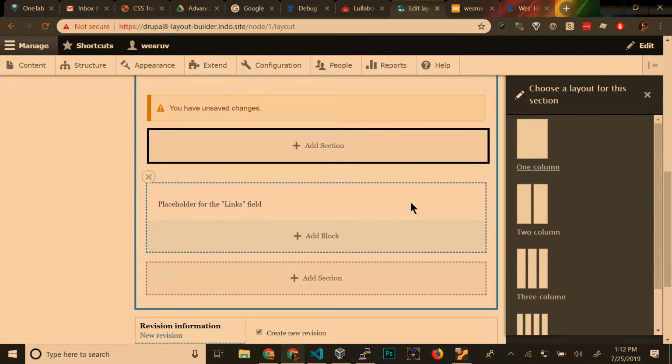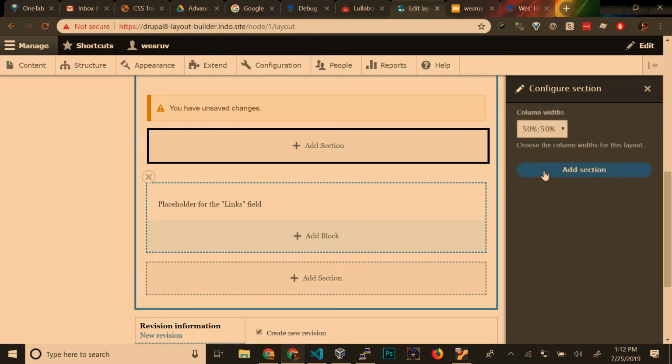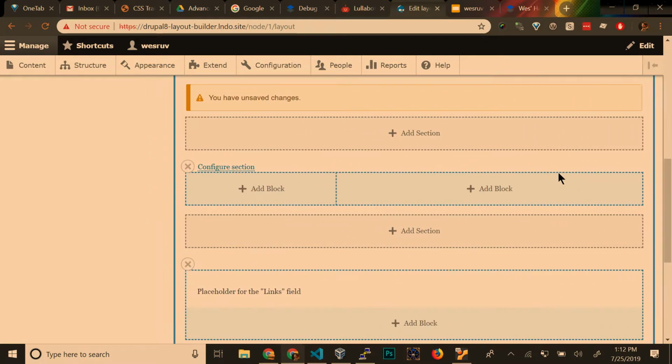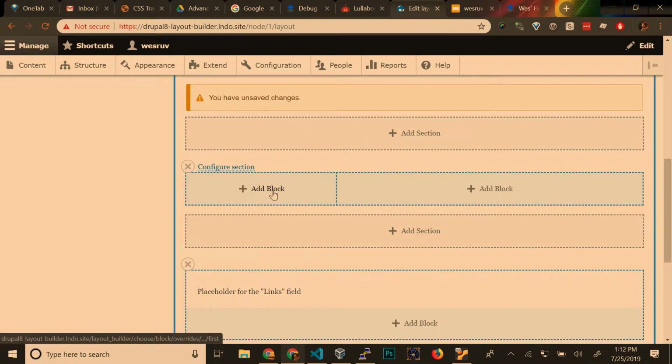So here you see add section. Like I said, a section is kind of like adding a row, and then each row is going to have regions. I can add a 2-column here, and in default Drupal you also get to choose how wide you want these columns. So I could do a 33/67, add the section, and now we have the ability to add some